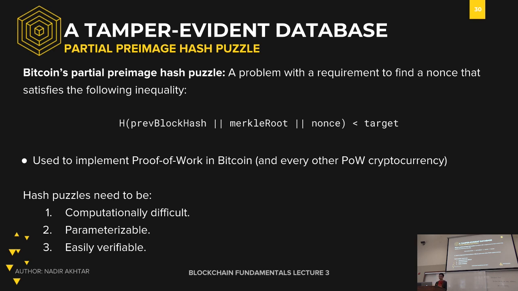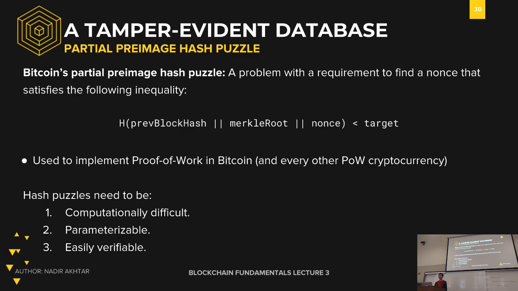So it's used to implement the proof of work aspect in Bitcoin and other proof of work currencies. And these hash puzzles have three, I guess, necessary components. They need to be computationally difficult. One way I like to think of this is if proof of work requires little work, then what's the real point, right? Second of all, it needs to be